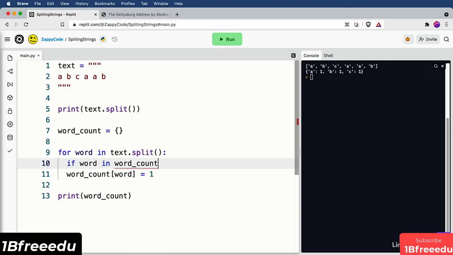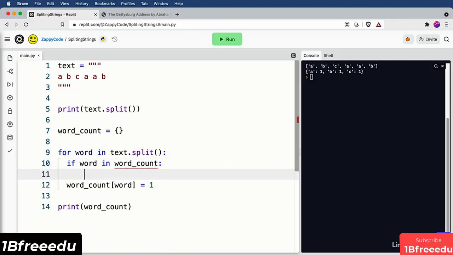We're saying, does this word exist in the word_count dictionary? If it already is there, we're going to take word_count, provide the word that we're currently looking at that we know is already inside of the dictionary, and we want to add 1 to whatever the count is. So what we could do is say word_count[word] is equal to word_count[word]